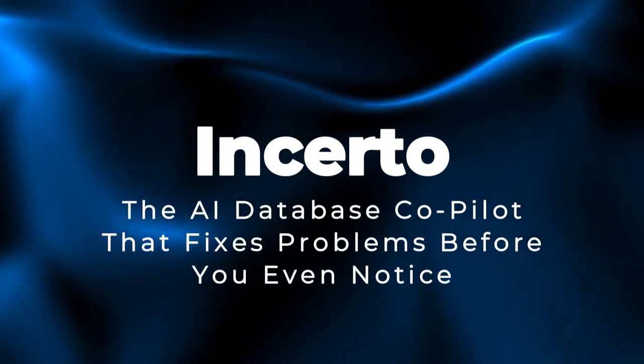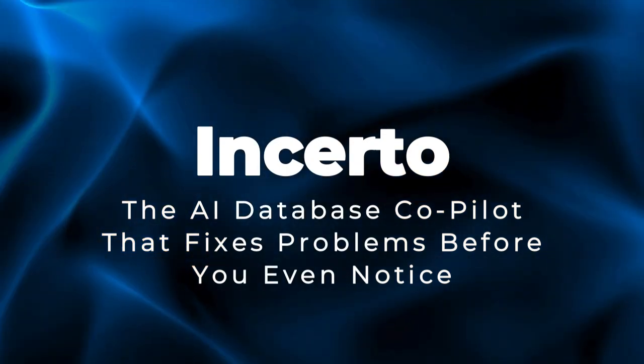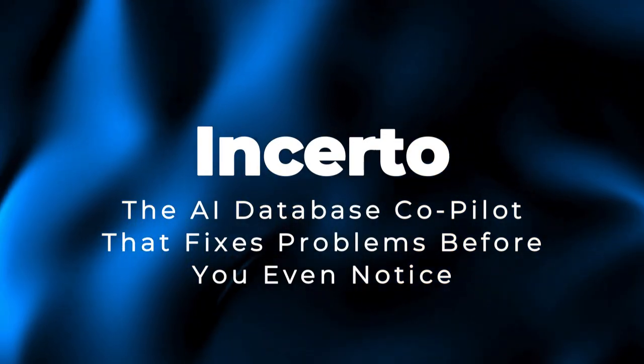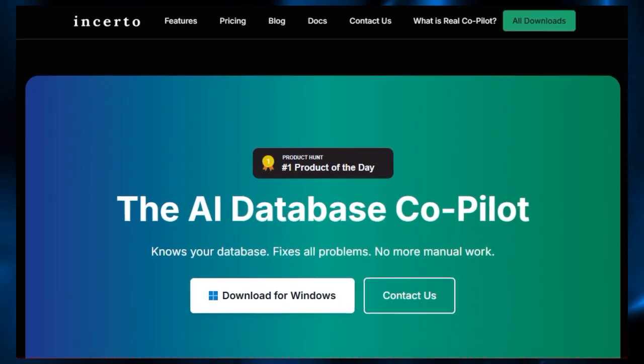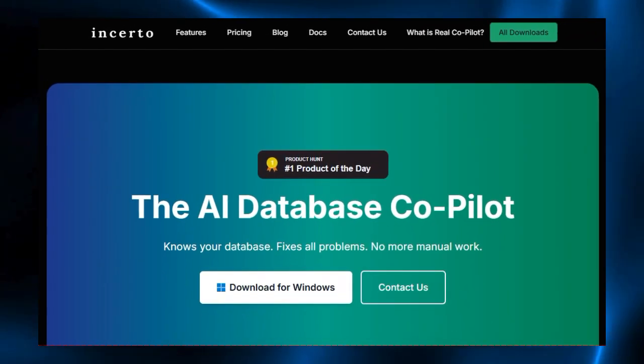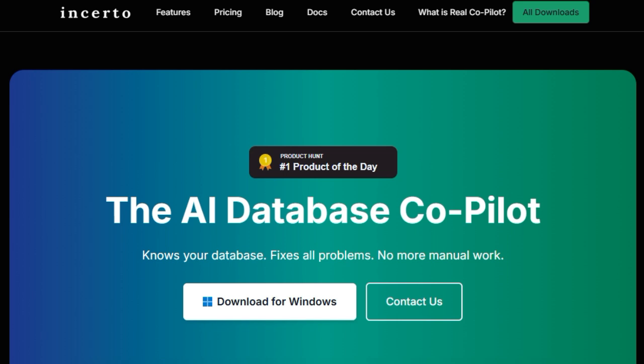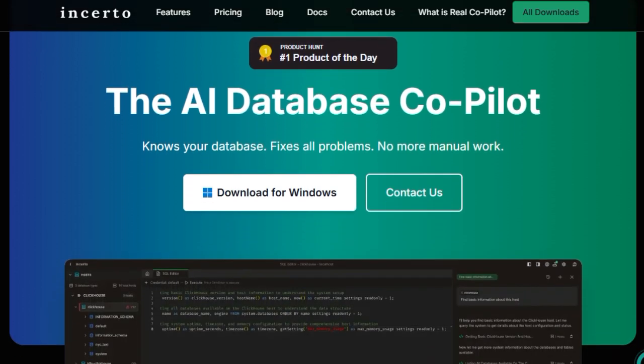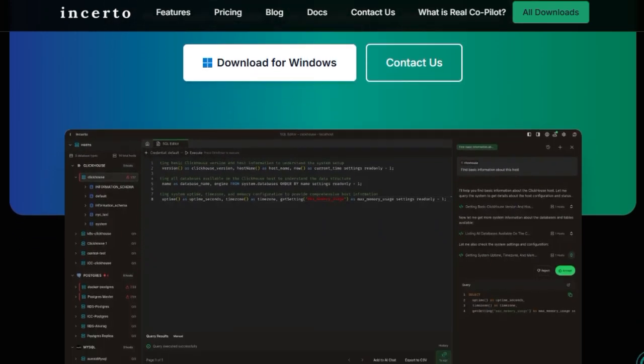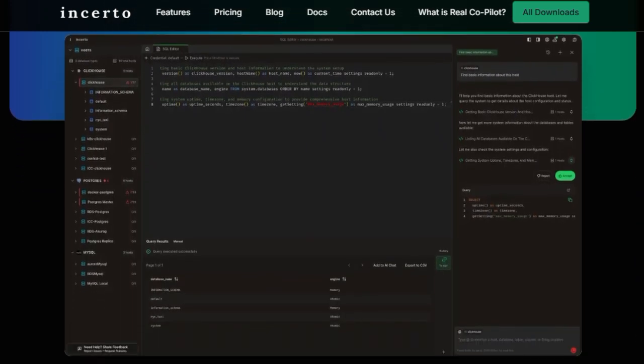Project number 7, Incerto. The AI database copilot that fixes problems before you even notice. Incerto is unique because it's not just another assistant. It's a proactive copilot built for databases, designed to think, monitor, and act like your most trusted DBA. Unlike tools that simply translate text to SQL, Incerto deeply understands your database's structure, workload, and performance context to deliver